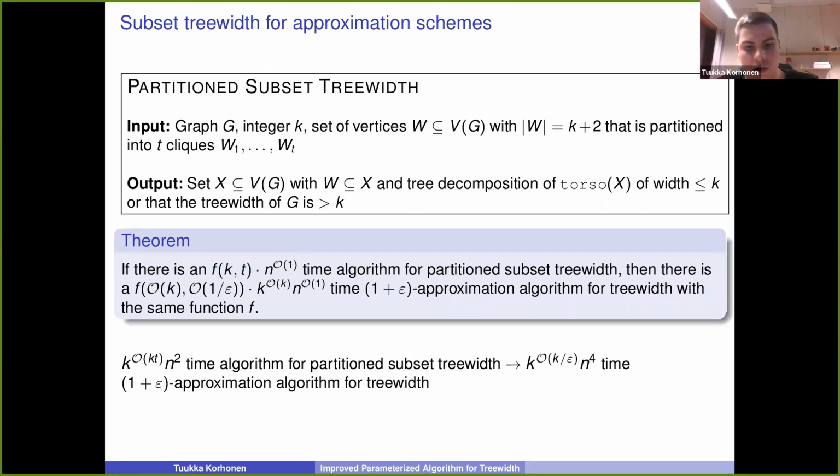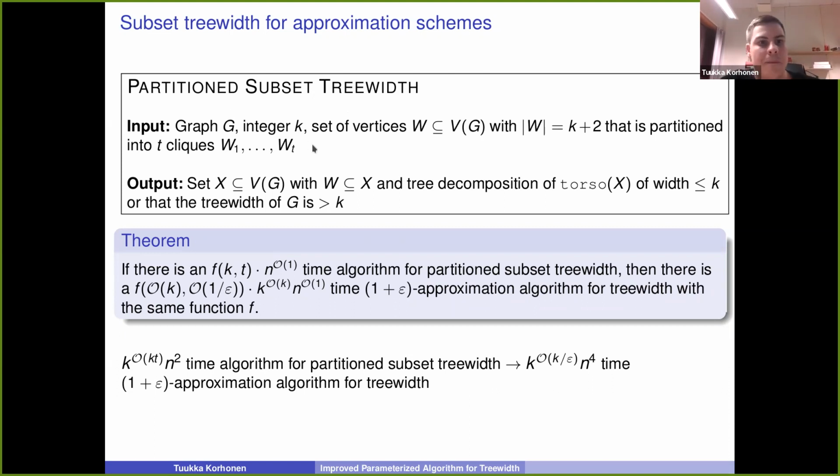And this is not too hard to prove. It's some standard DFS argument on tree decomposition, and this we use for this approximation scheme. So this approximation algorithm, in the end, will be an exact algorithm for this partition subset treewidth. And this exact algorithm is also nicer to see as an algorithm for partition subset treewidth,